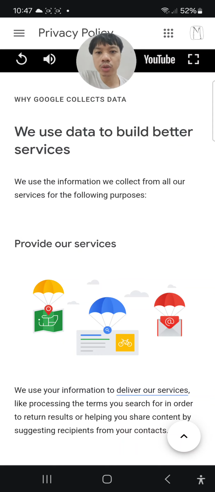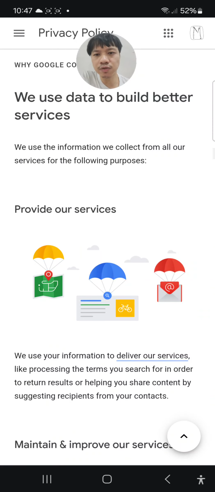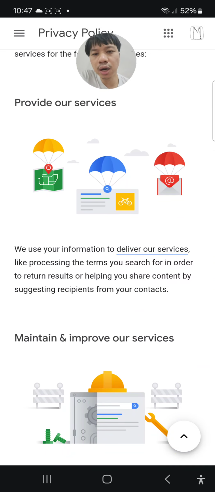All right, next, we use data to build better services. We use the information we collect from all our services for the following purposes. Provide our services.